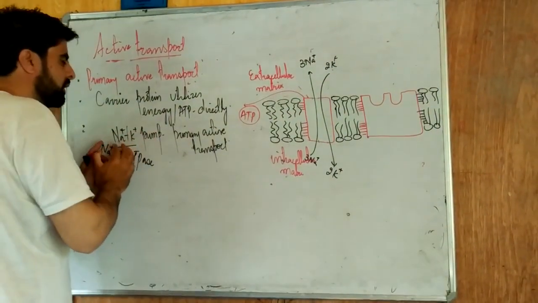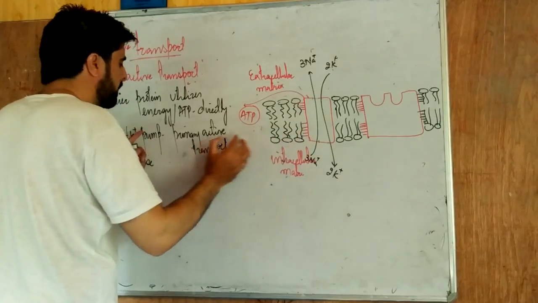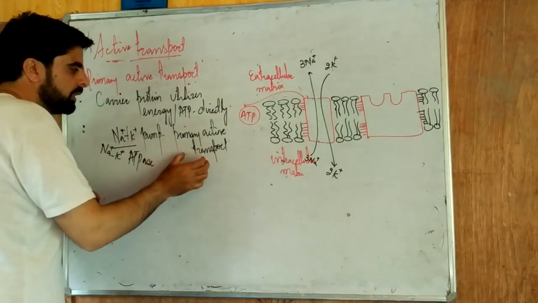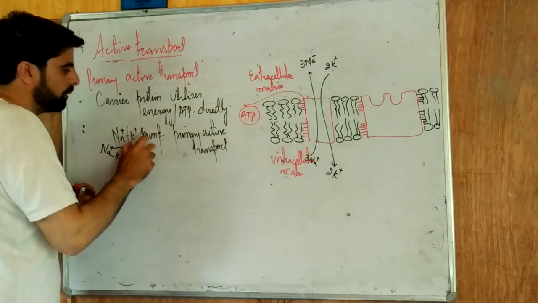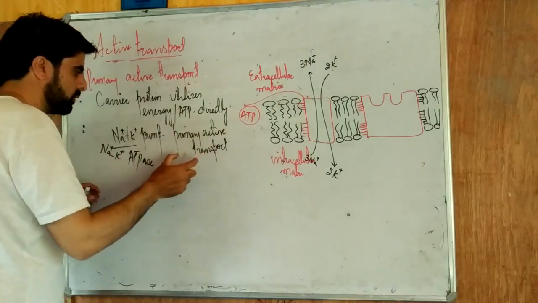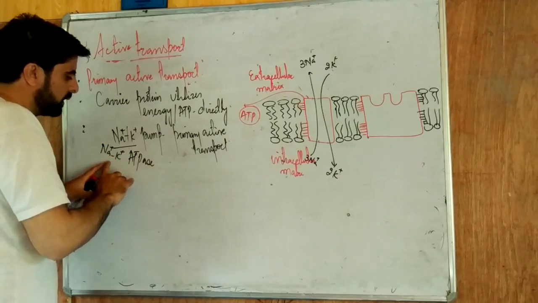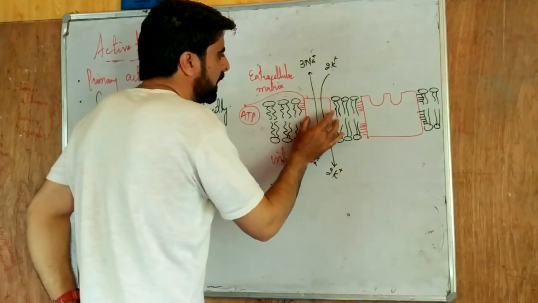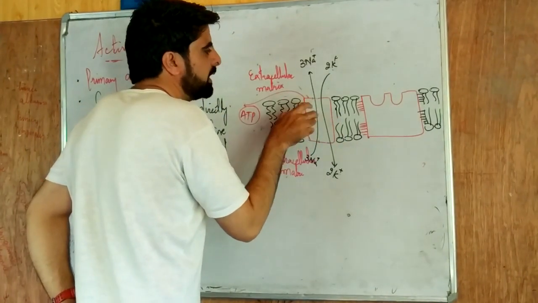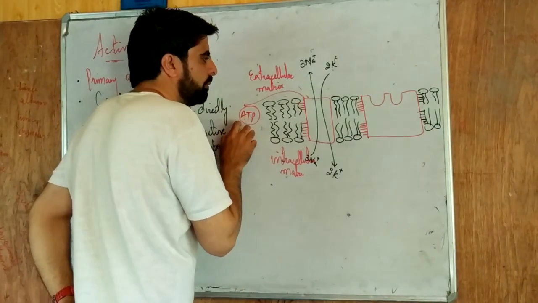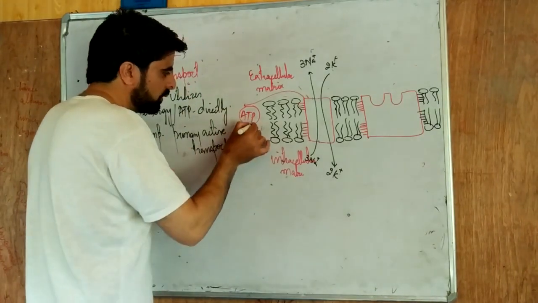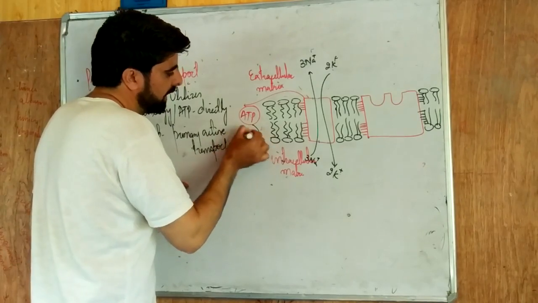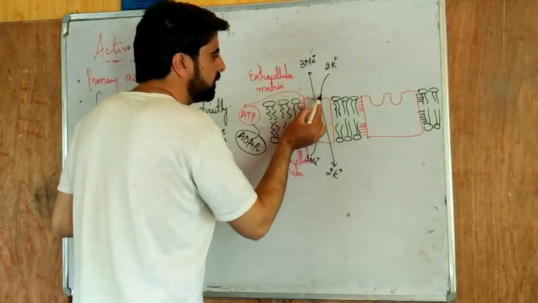So the carrier protein which is mainly involved in the plasma membrane, the most common being the sodium potassium pump in case of animals, is acting as a primary active transporter. So we can also call it a sodium potassium ATPase. Why do we call it ATPase? Because it helps in the breaking down of ATP to form ADP plus phosphate. That means the energy liberated activates this protein.